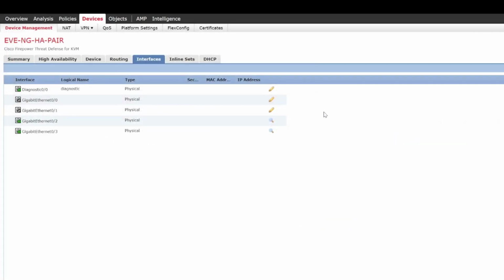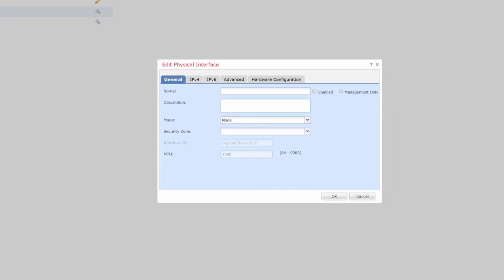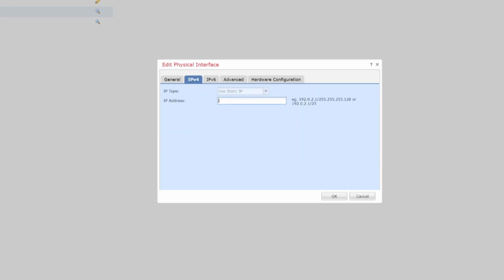So we'll start with gig 00, and first of all we'll enable that, we'll give it a name and we'll call that inside. Leave all that as standard. We'll give it an IP address of